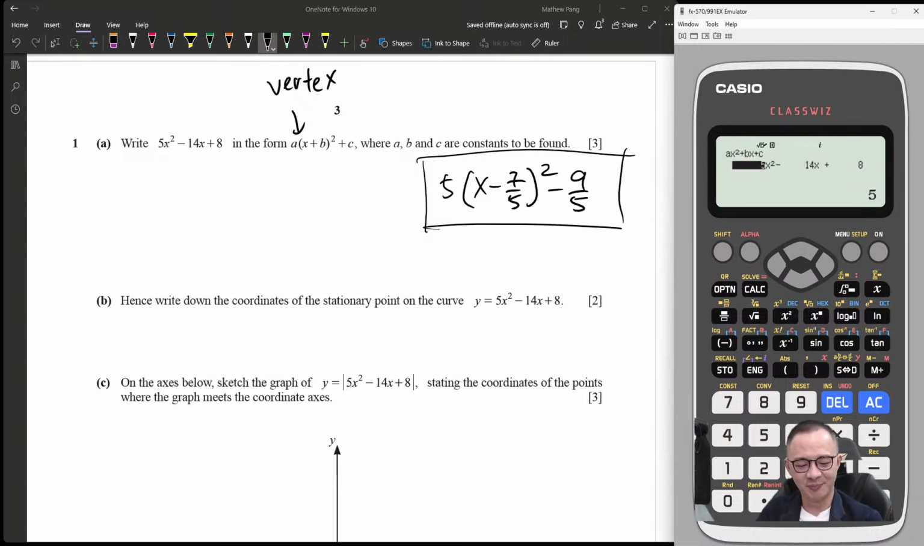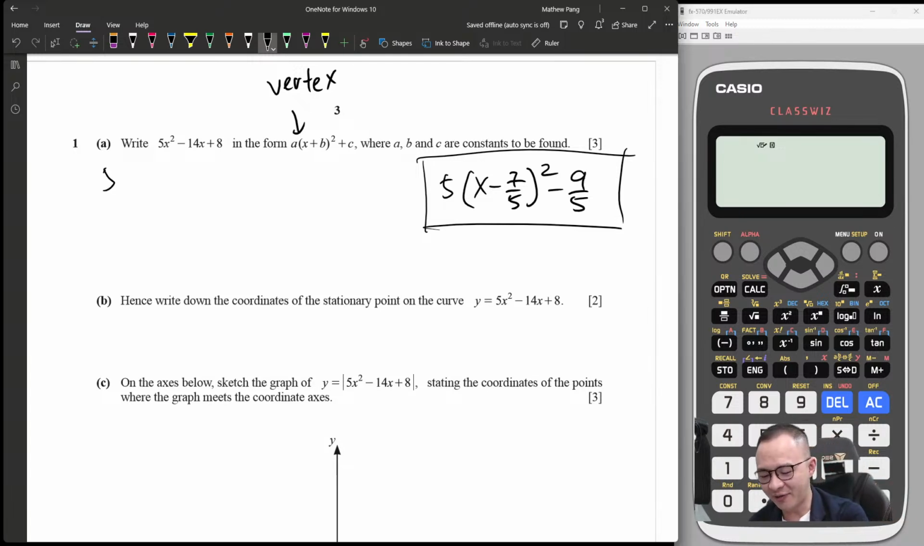Alright, so okay, let's do the common complete the square first. If I have time, maybe I can teach you more different methods. Okay, I take out the 5 from the first 2 terms. Then plus 8 I leave outside. Alright, now I want to